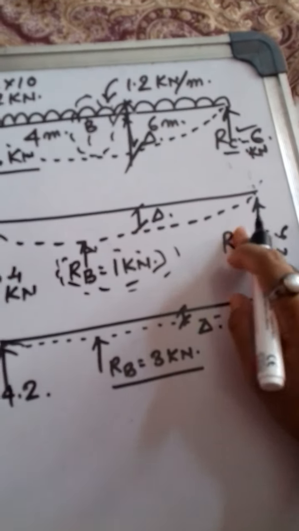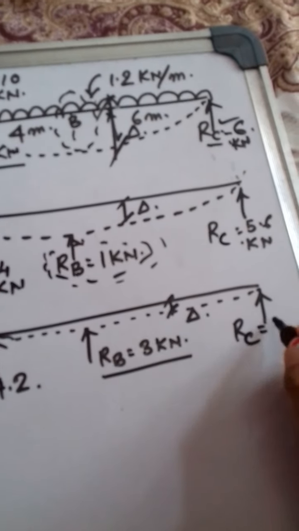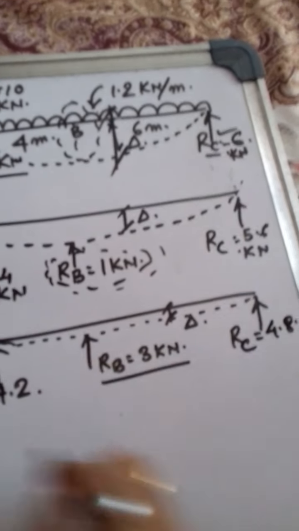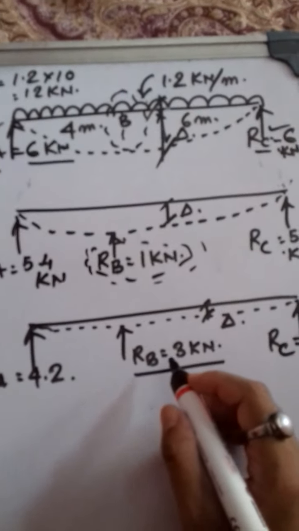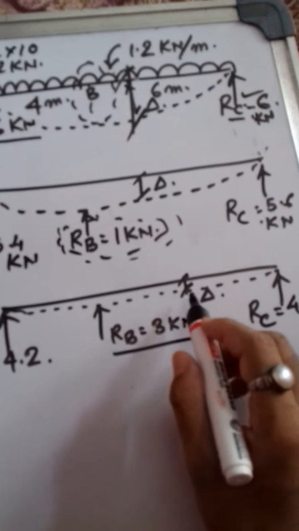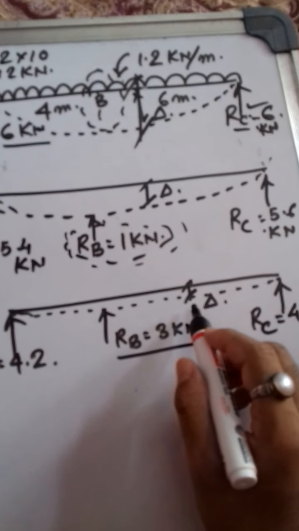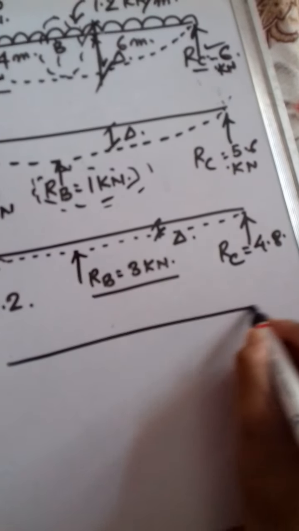Sorry, it is equal to RC. RC is equal to how much? 4.8. Total is 12. So we can say, okay, RB is doing its work and the deflection is gradually reducing, still it is not zero. Clear? Now again, with the help of some different computer software,